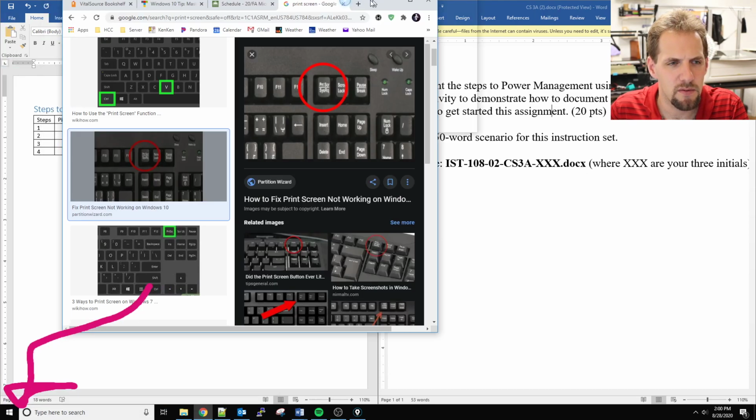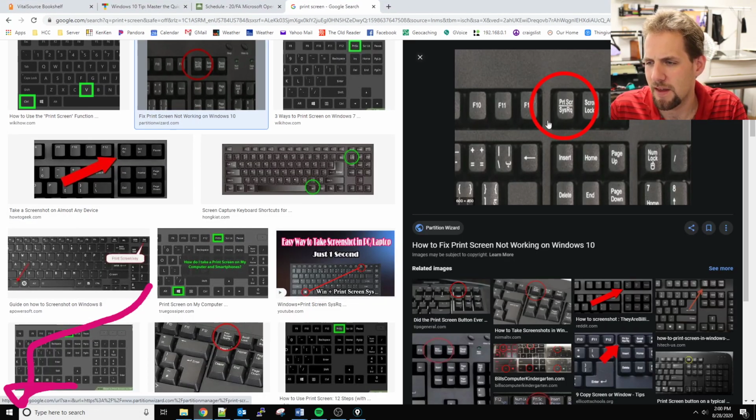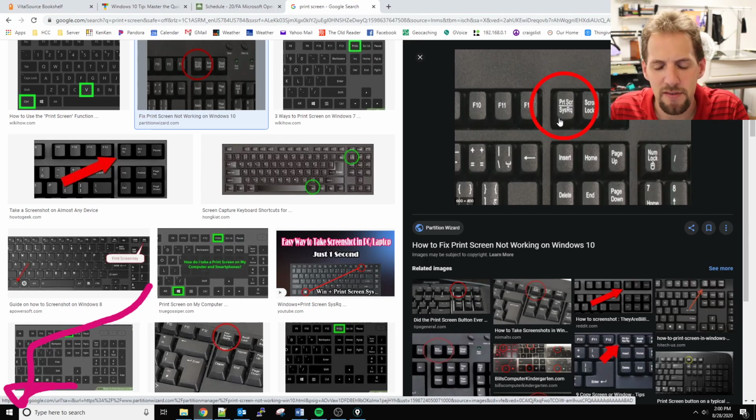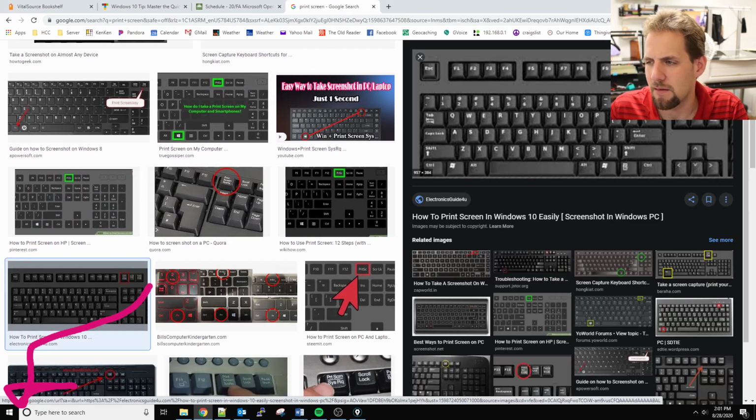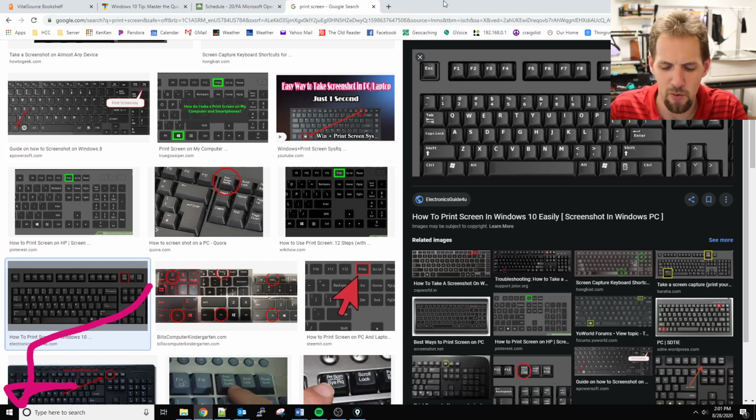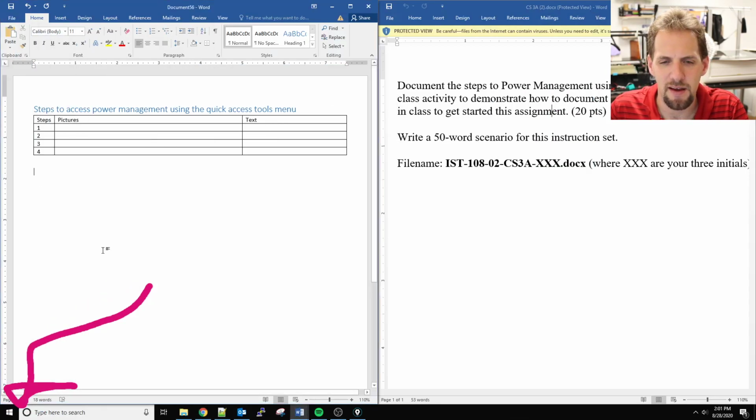Here we go, I'll just pull a little picture up. There it is on this random keyboard. It says PRT SCR. Depending on your computer, if you're on a laptop, you may have to press the Function button as well, or whatever the case is. For mine, I have a print screen button. Everything's a little different. I have a more immediate keyboard, so mine's not going to be the same. But anyway, I hit that print screen button once, and now if I paste, Control V, right click, however you want to paste it,